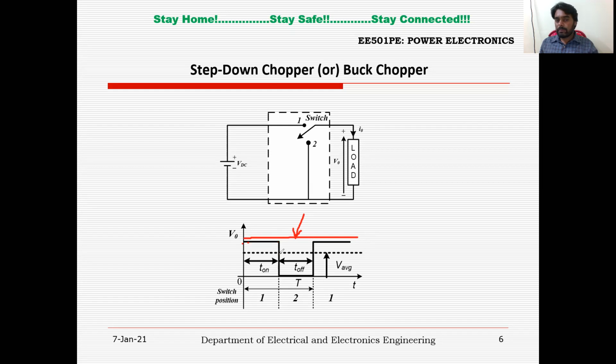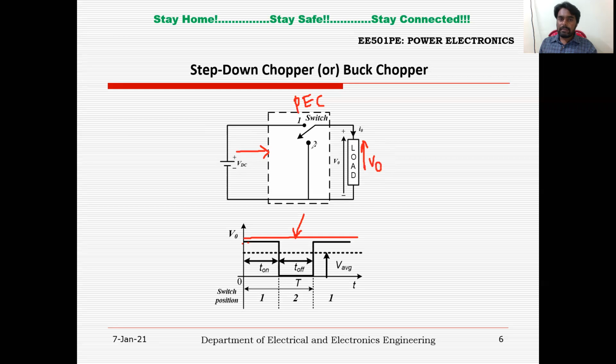To get it, let us consider a DPST switch here, and let us say this is our power converter, which is converting the fixed DC to a variable DC. Here we are going to apply the fixed DC,